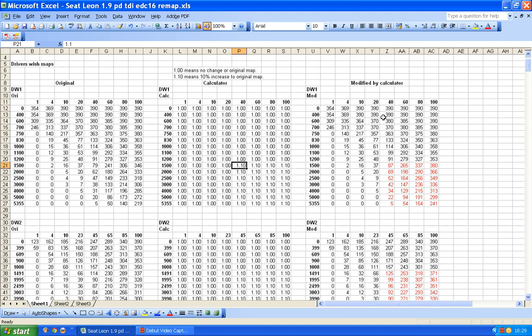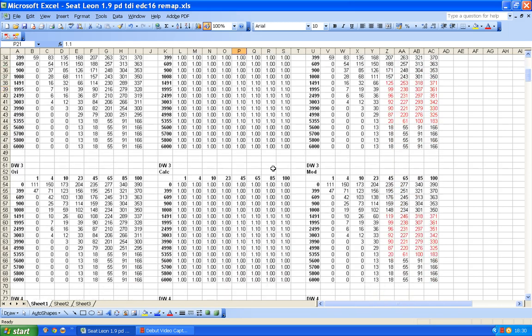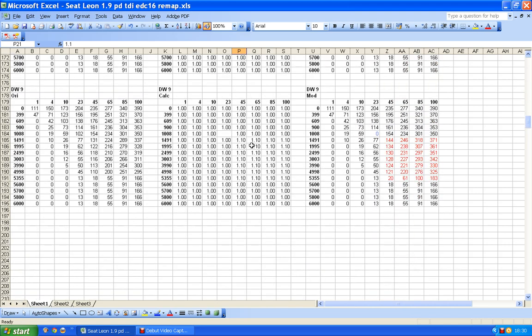But this method of making your calculations makes life very, very simple, because you can say to yourself, right, I'll try, let's say 5%, and go and see what the car looks like and how it drives. And then you could say, well, I'll try 10% and see how it goes. In other words, you can make changes en masse through all of these maps very quickly, very easily, and then you can load them into a new file, load the file into the car and go out and test what difference it makes. And this is what I always recommend to people to try.